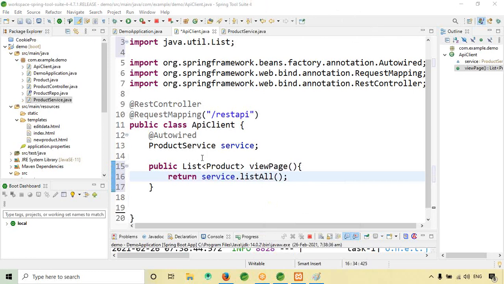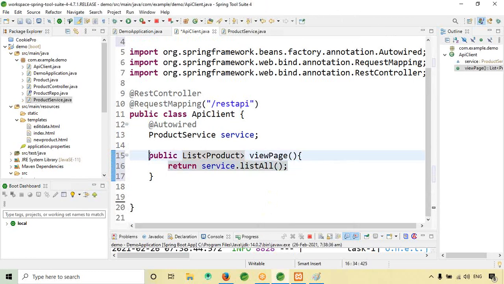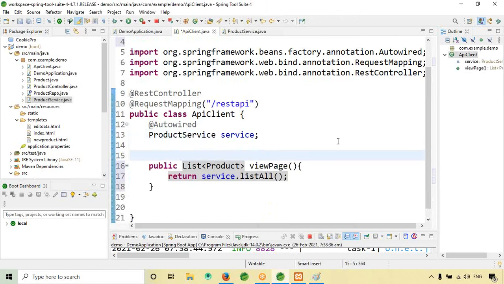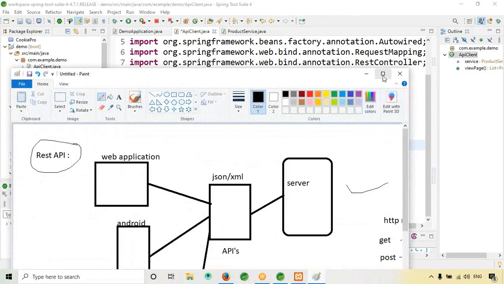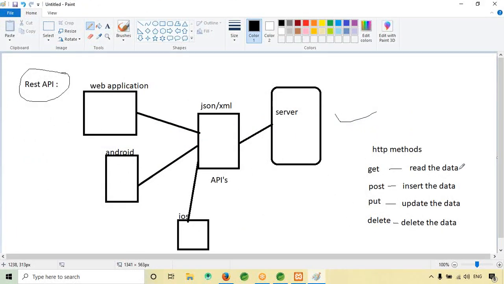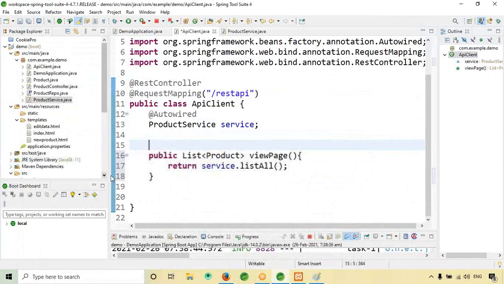Now I have given this method. As I told you, we have these HTTP methods, right? See here, we have the HTTP methods. To fetch the data from the server, what do we have to use? We have to use GET, right? So for that, I will give an annotation called GetMapping.